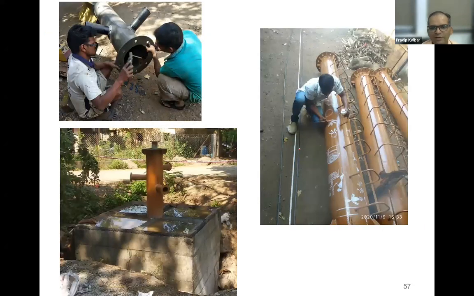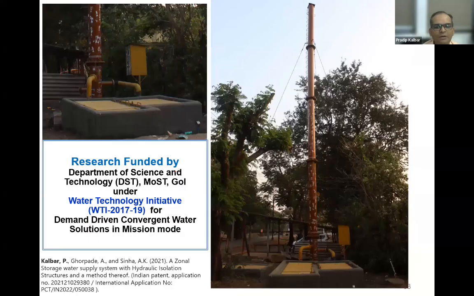We gave the drawing to a local fabricator, and local people built it. We painted it in the local conditions, and you can see the date. This is November 2020, just after COVID, when we actually started implementing, and it has multiple outlets. You can see the inlet pipe is here, and then the multiple outlets are here. This shaft has now been functioning for the last 2 years and 2 months in Safali, Palghar. The commission was handed over to the Gram Panchayat. They are using it, and we are not there now. We have monitored this scientifically, and this was completely funded by the Department of Science and Technology.